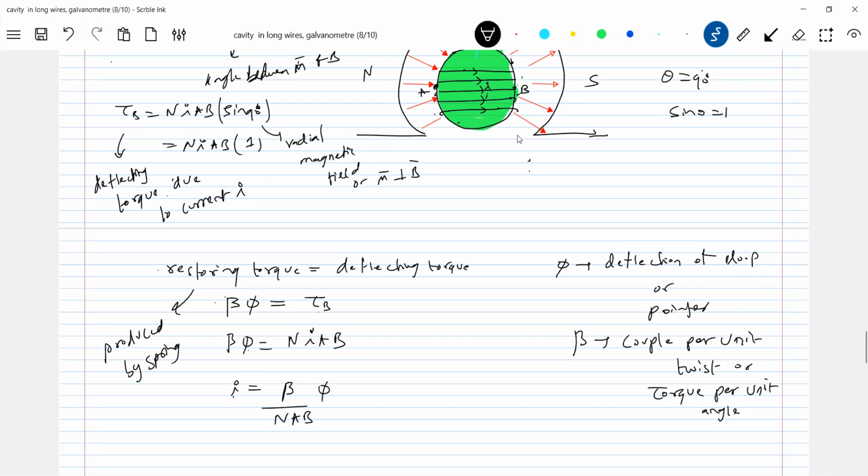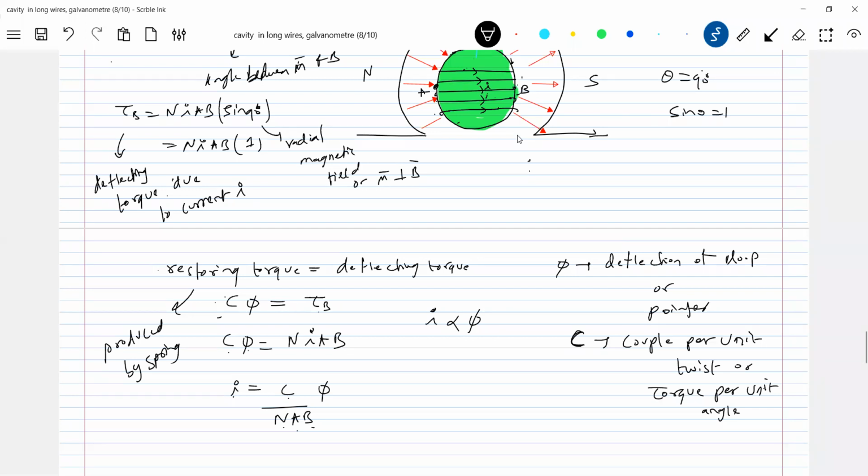What I made now, beta, okay, there are symbols beta and capital B. I'll make it C only, because again B and beta, capital C. Okay, we have this one. So shall I say I is proportional? C is constant, N number of turns constant, A constant, B constant. So I is proportional to angle. So it's a linear scale.